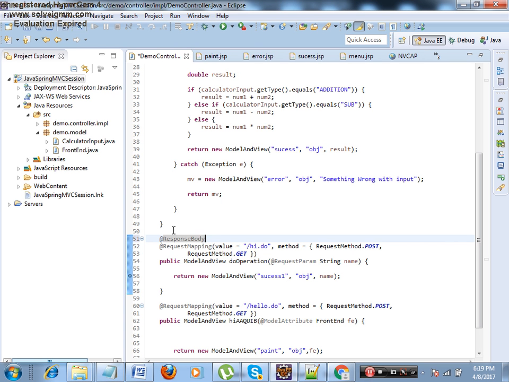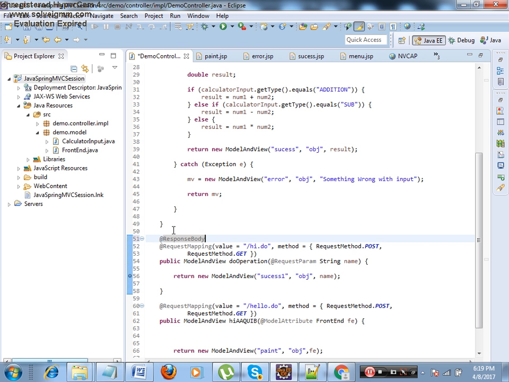Okay, if it is Ajax. Sir, how do we read the data if it is Ajax? Two questions I have answered. One is how we send the response: @ResponseBody. How we identify the function: same thing, @RequestMapping, but instead of JSP we'll look into the JS file. The third thing is what? How we bind the data.